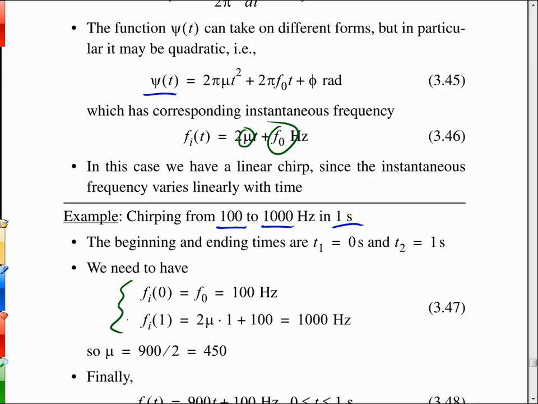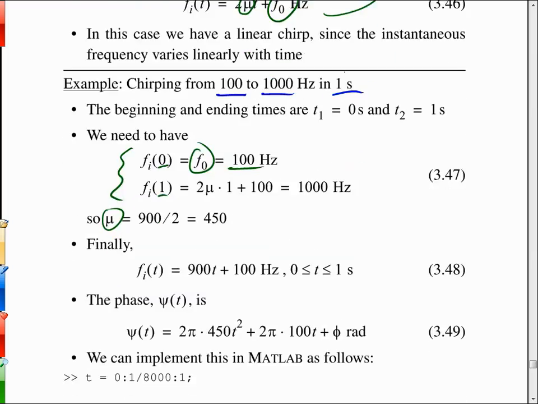You basically say you want to start, in this case, at 0 seconds at 100 hertz, and you want to end at 1 second at 1,000 hertz. And then from those 2 equations and 2 unknowns, you can solve for F naught and then back around and solve for mu, so that you can take those and plug them into your synthesis equation here that you're going to program in MATLAB, so you can generate the chirp signal to listen to it,